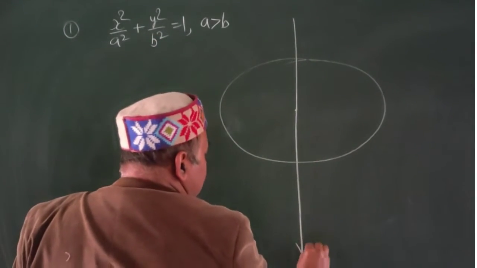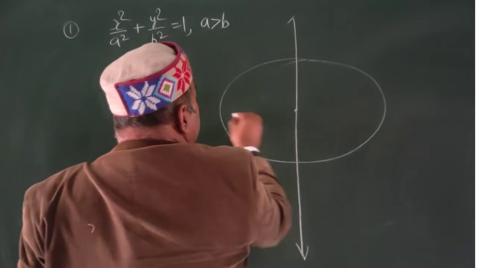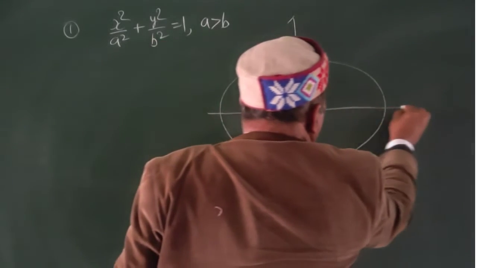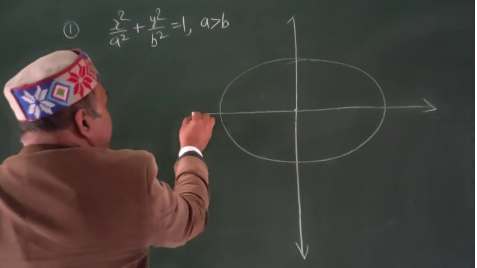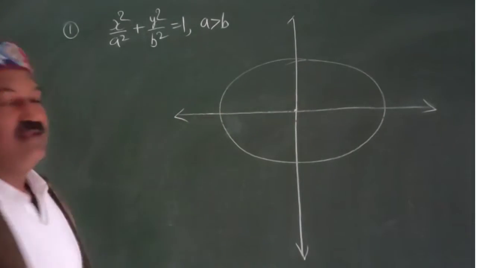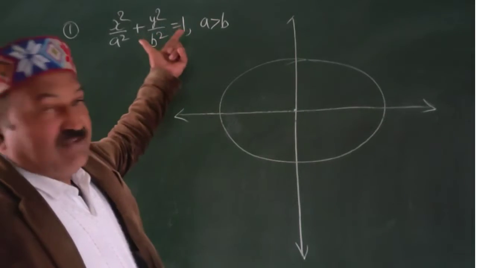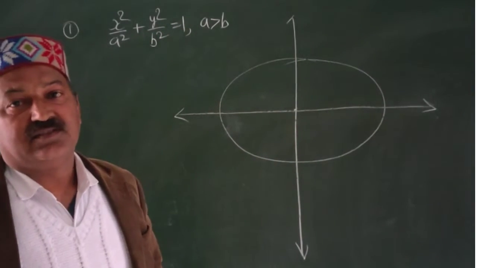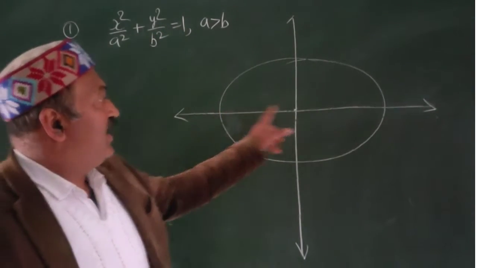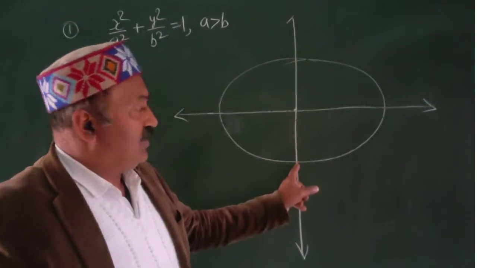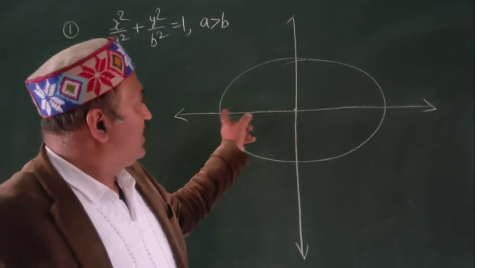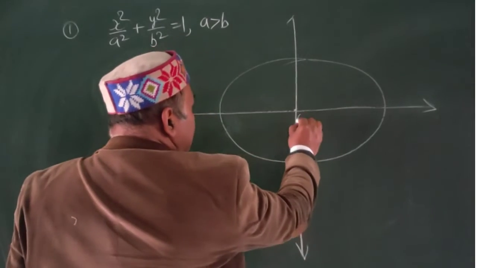This is the y-axis and this is the x-axis. The graph of such type of ellipse is like this. This part is greater than this part. This is called the major axis. This is the center of the ellipse,